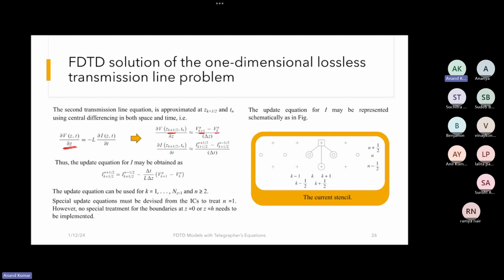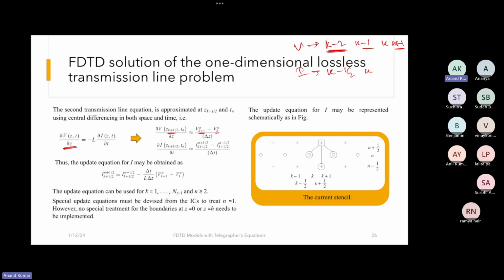You must remember that voltage is evaluated at values like k minus 2, k minus 1, k plus 1. So it is evaluated at the integer values traditionally, and for the currents, we usually evaluate them at halves,